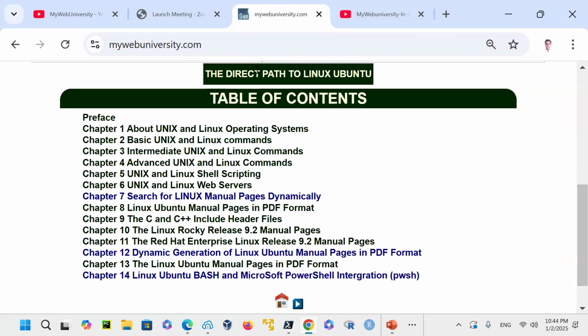At the same time, if you go down here, you could see the book that I wrote online, The Direct Path to Linux Ubuntu, which has 14 chapters. Each chapter is almost another book, and sometimes even more than a book, because of the entire Linux manual pages, whether it's Rocky Linux or Red Hat Linux or dynamic Linux manual pages on Ubuntu, including Python and C, C++,